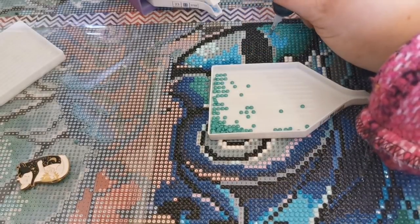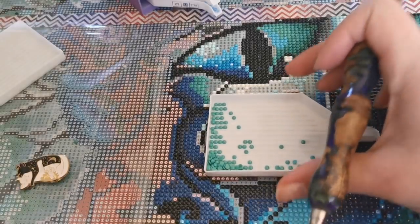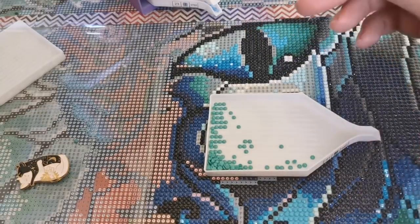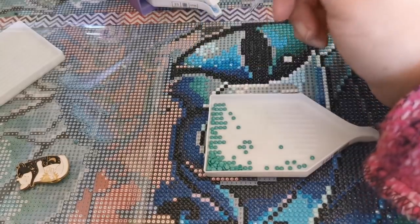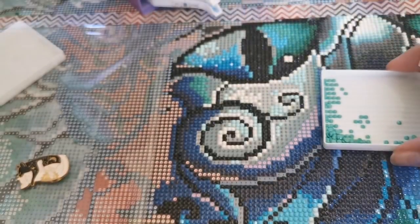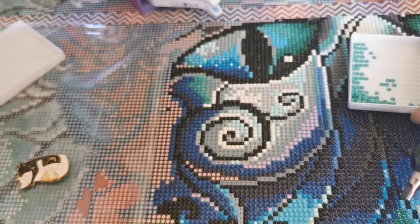so I packed up the box and had it sent. I actually did a de-stash over on my Patreon. If you are a member of my Patreon, then you'll know that there's like a lot of perks. Not that I've been able to keep up, but one of the things is that sometimes I do the occasional de-stash. And the last few ones that I've been doing have all been for charity because they were all canvases